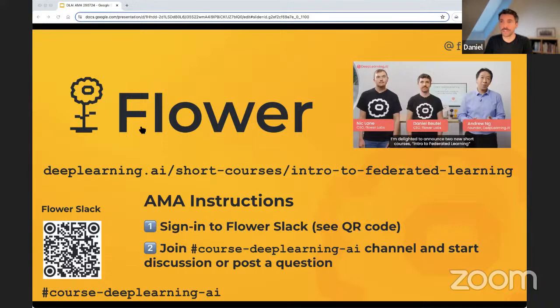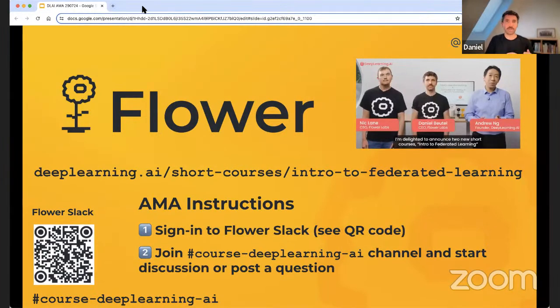I'm also one of the creators of the Flower framework. With Flower, we are aiming to build one end-to-end solution that allows you to toy with projects, build small demo projects, and then step by step make those projects more sophisticated and take them all the way to a production deployment.